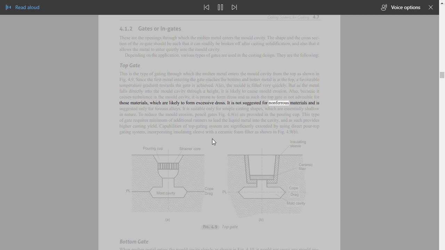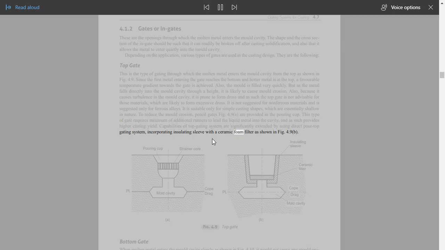It is not suggested for non-ferrous materials and is suggested only for ferrous alloys. It is suitable only for simple casting shapes, which are essentially shallow in nature. To reduce the mold erosion, pencil gates, Fig. 4.9a, are provided in the pouring cup. This type of gate requires a minimum of additional runners to lead the liquid metal into the cavity, and as such provides higher casting yield. Capabilities of the top gating system are significantly extended by using a direct pour top gating system,